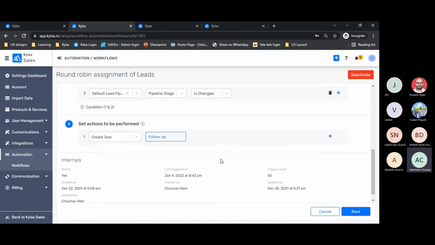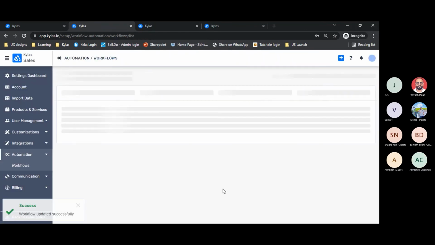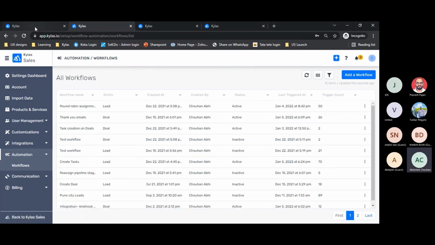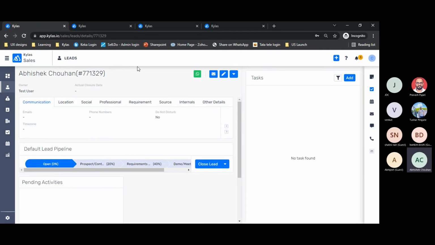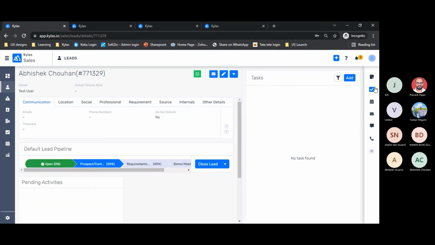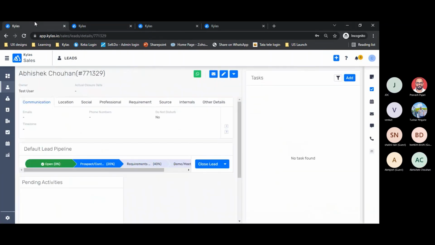Let me save this. Now let me go to this lead. There is a lead in the system, and we can see there is no task already. So now the moment I change a pipeline stage, this task will appear over here automatically. Is it an active workflow? Yes, it is.